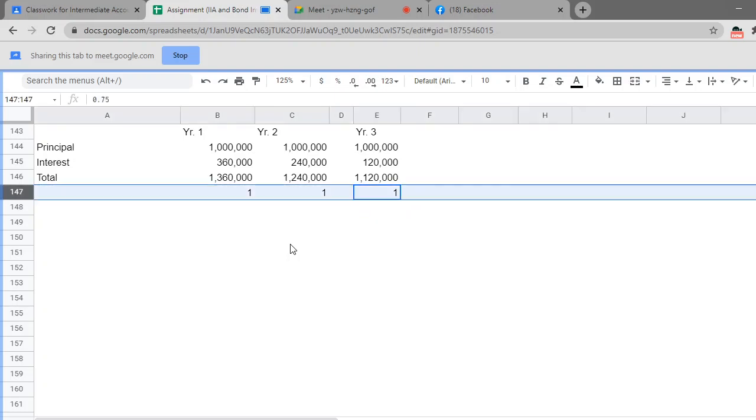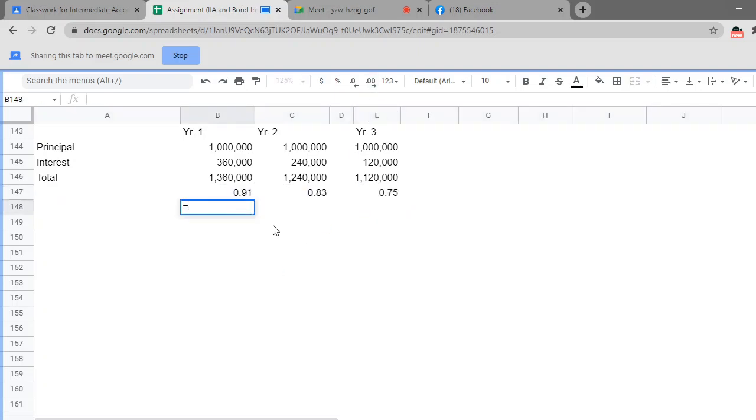Okay? So, multiply. Ayan. And total. So, we get the total of these 3. And that will be our market price. So, that yields to